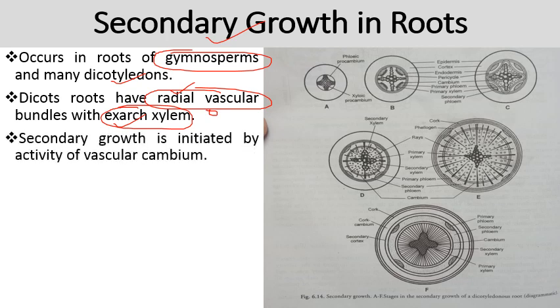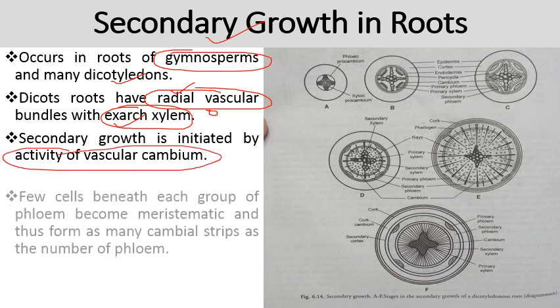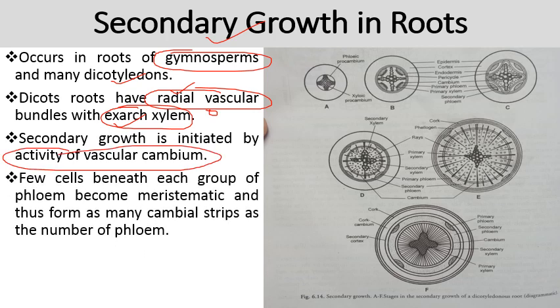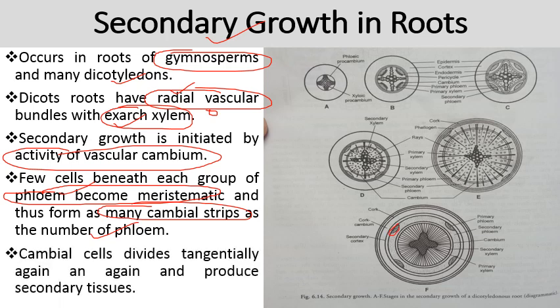Secondary growth is initiated by activity of vascular cambium. Few cells beneath each group of phloem become meristematic. Phloem के नीचे कुछ एक cells meristematic बनते हैं, and thus form as many cambial strips as the number of phloem. जो जितने phloem present है उतने ही यहाँ पे cambium बनते हैं. Cambial cells divide tangentially again and again and produce secondary tissue. जो cambium cells हैं वो divide करते हैं to form the secondary